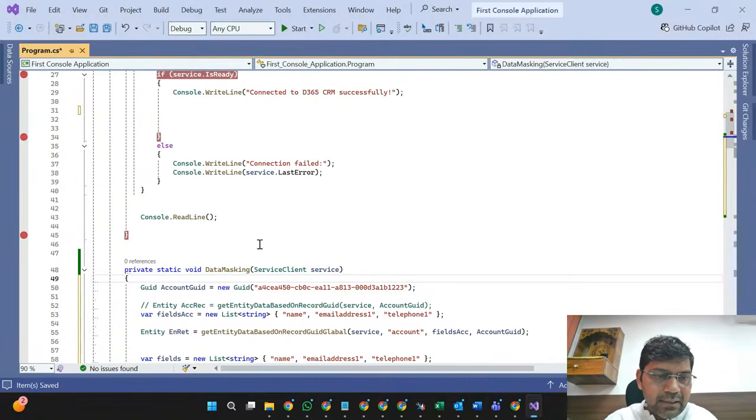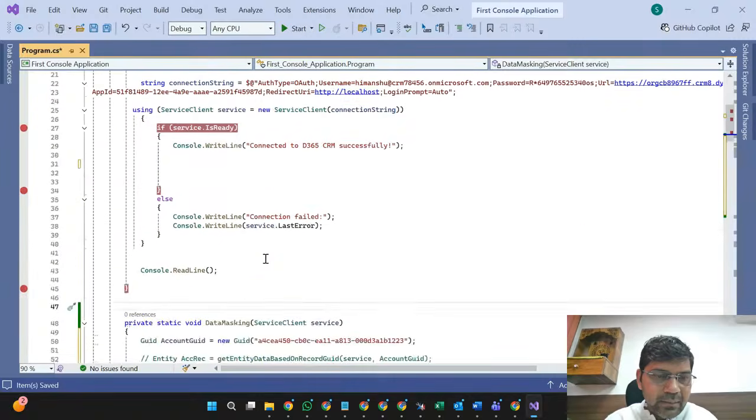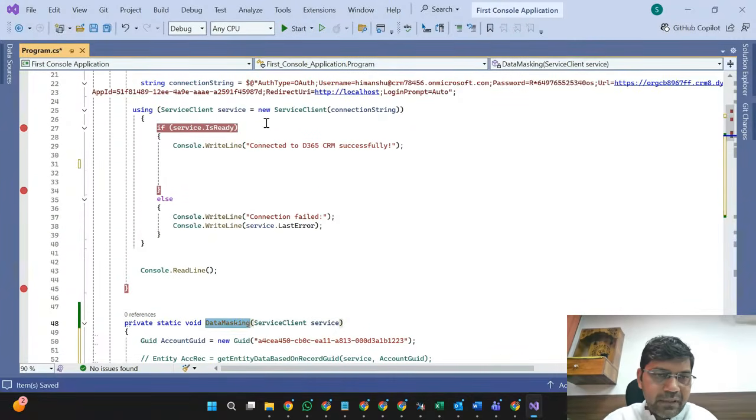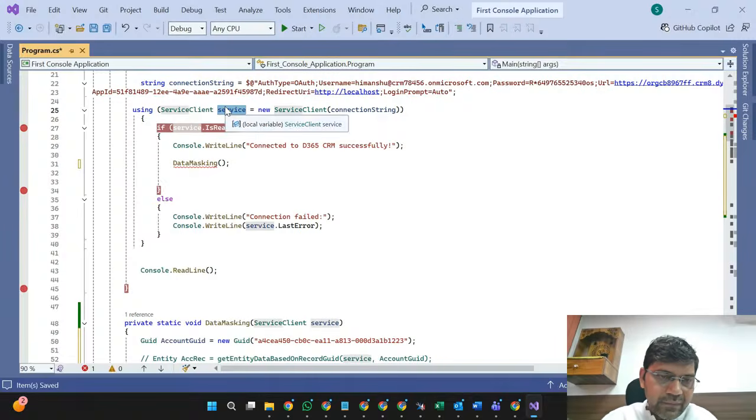So likewise, whatever we have written over there, we can call this function and it will perform the same thing, data masking. We can pass this service object. It will take care of everything.